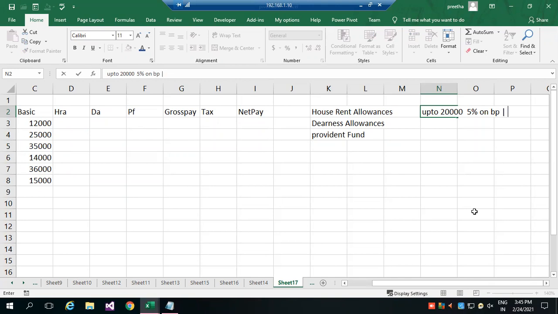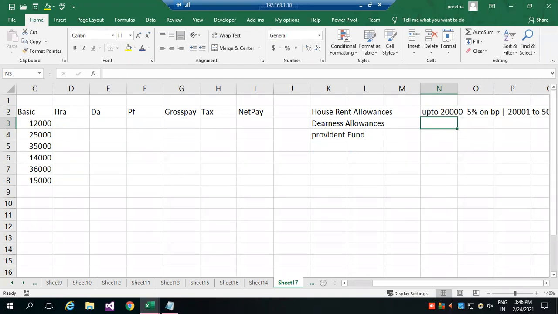Else, in the next category, if they are 20,001 to 50,000, they'll be getting 8% of basic pay. This is one heading.